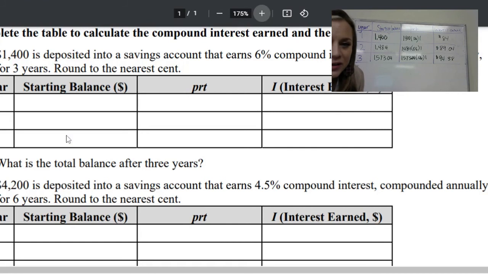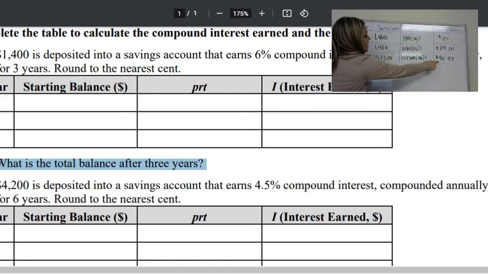The second part down here, I'm not going to do number 7. It's going to take up too much time. What is the total balance after 3 years? So we're going to take the interest earned for year 3 and add it to our starting balance. $1,573.04 plus